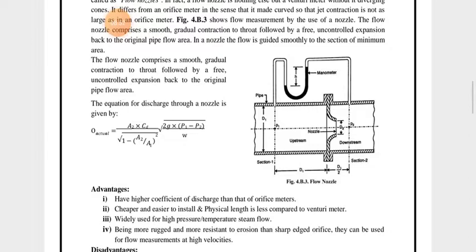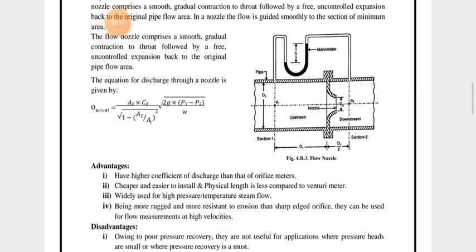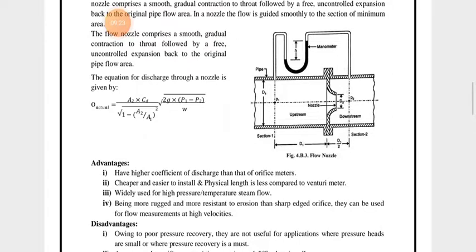But as there is no divergent section in the case of the nozzle, the length of the meter decreases, means cheaper and easier to install, and physical length is less compared to the venturimeter. It is widely used for high pressure and temperature steam flow. Wherever the higher pressure and temperature is there, in that case the nozzle is widely used,